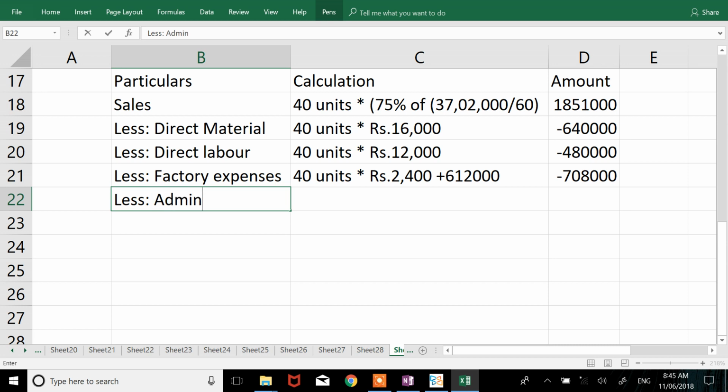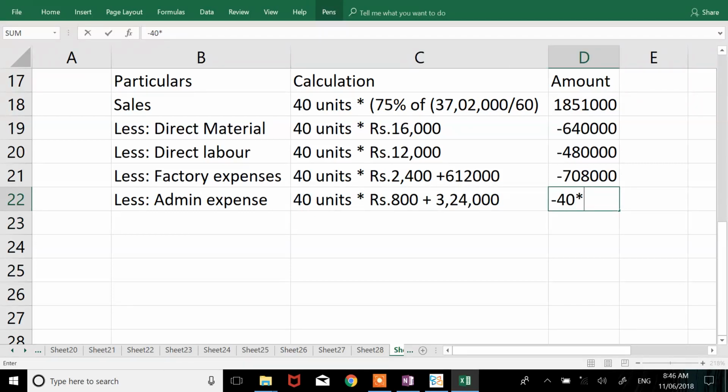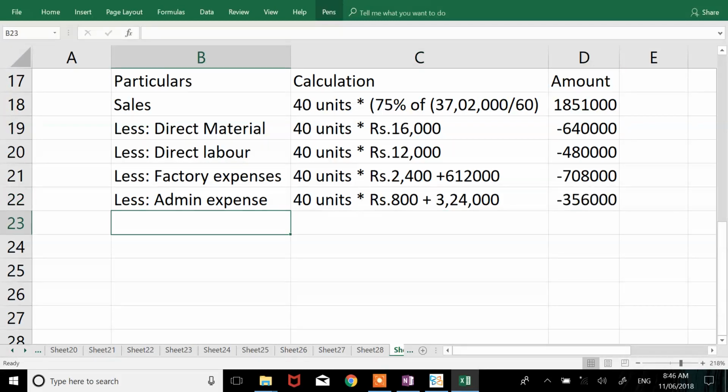Less admin. Let me know in case there's a doubt. Everything is available in your notebook. All the numbers are available in your notebook. Admin is 40 units into rupees 800 plus 3,24,000. $3,56,000. And the last one is